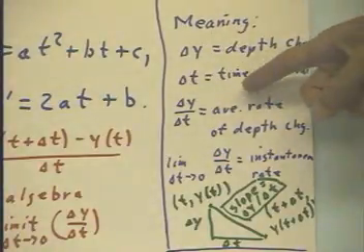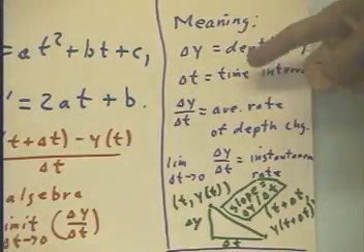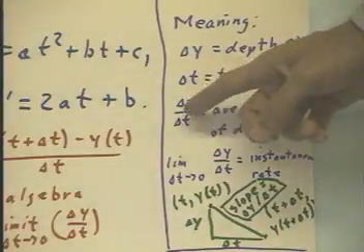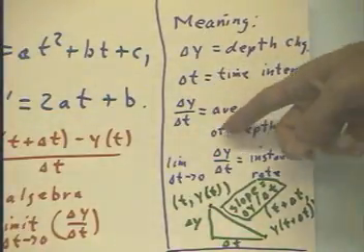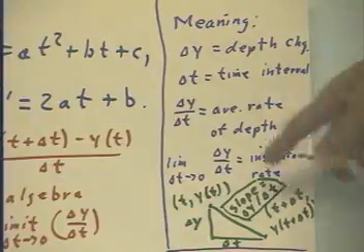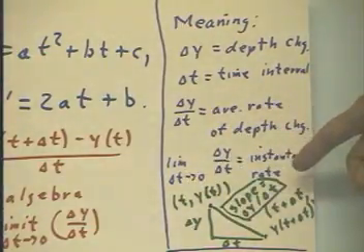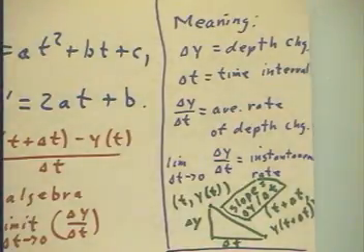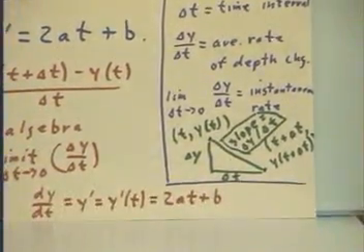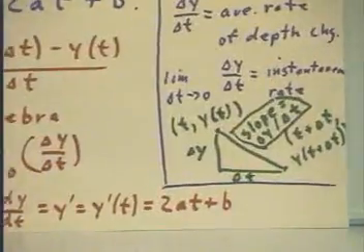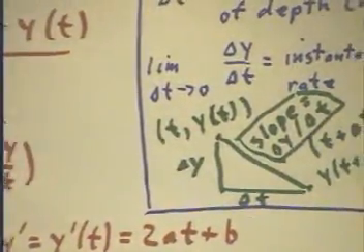Delta t is the time interval over which the depth changes, and delta y over delta t is the average rate of depth change. The limit as delta t goes to 0 of delta y over delta t is the instantaneous rate. If we take an even closer look at this somewhat poorly drawn graph, actually it's fairly well drawn,